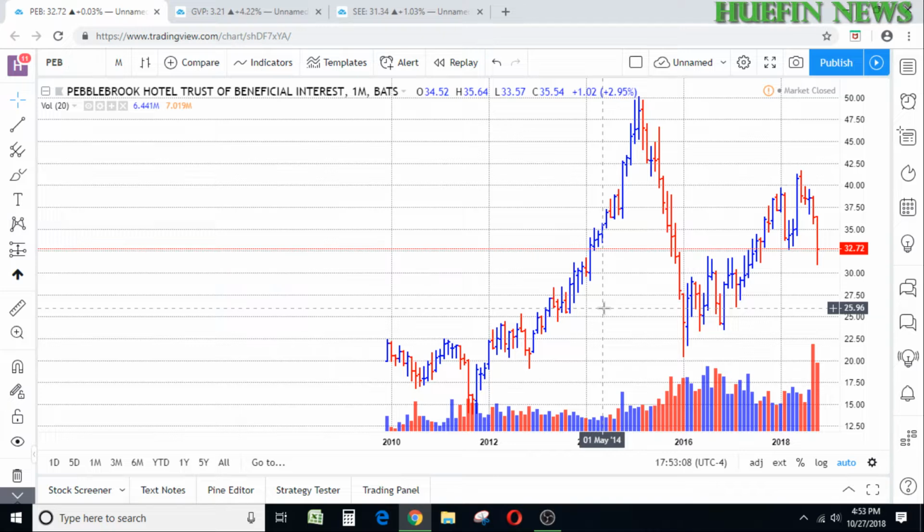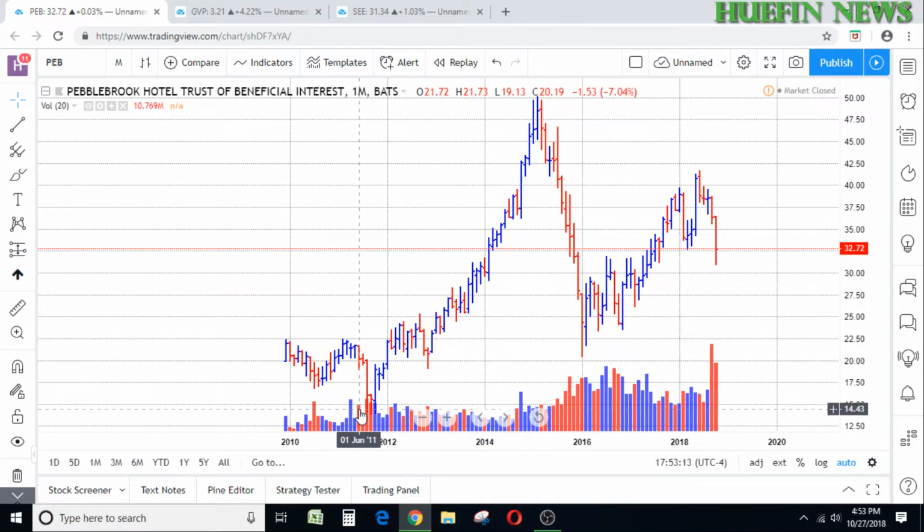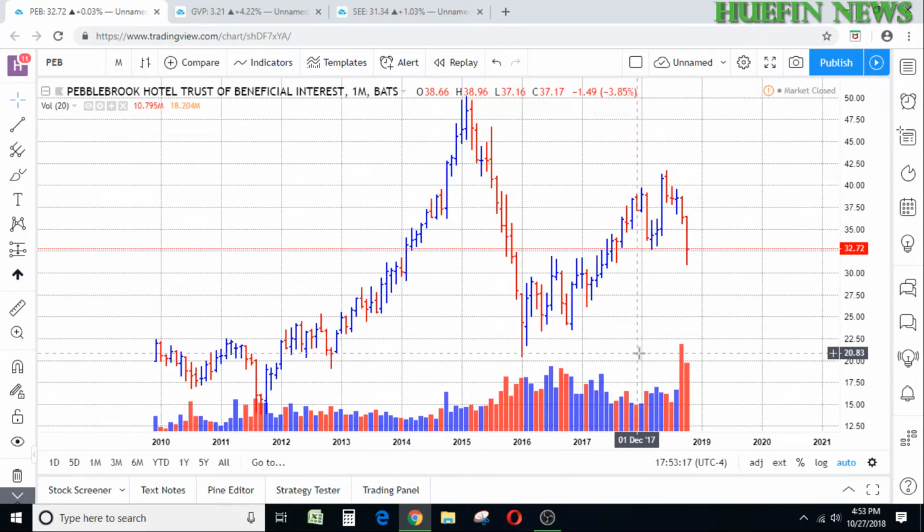This is a monthly chart for PEB, and as you can tell, we have seen a slight increase to the downside over the last couple of months. Granted, yes, we have seen huge movement to the downside, but as we break it down to a smaller time period, I want you all to pay attention to where we can actually see this particular stock move to the